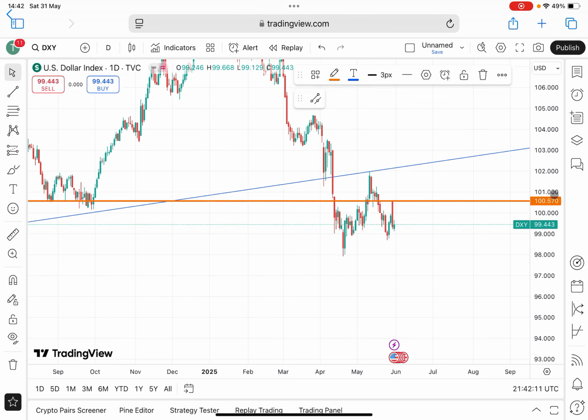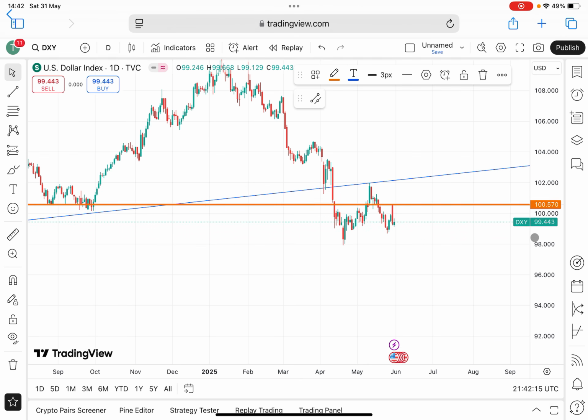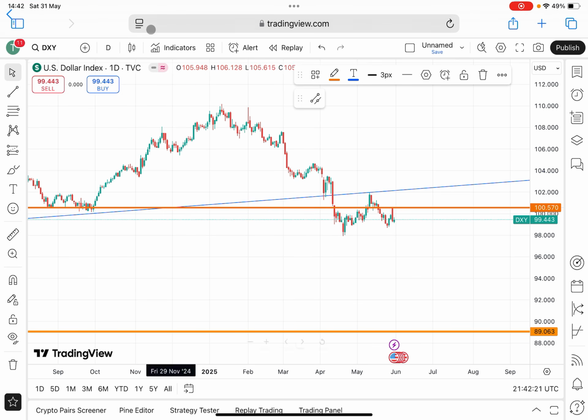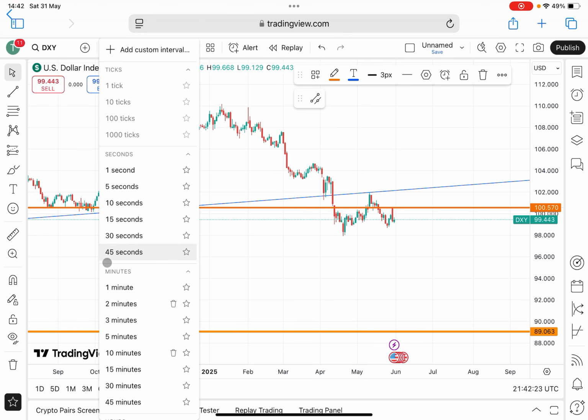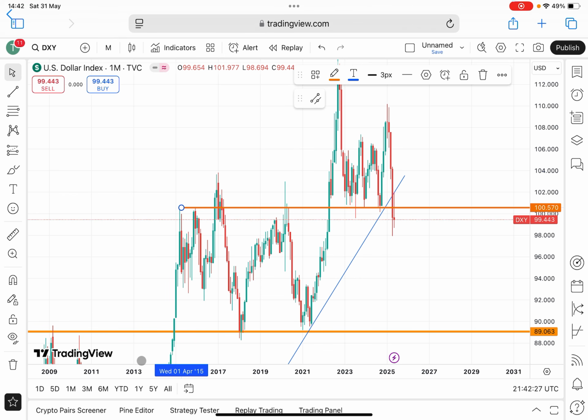So if I'm selling this, if I'm selling dollar, I usually don't trade dollar anymore. I just use it as a confluence for other pairs. If I'm selling dollar, I will sell it to this support level on monthly. This support level that I drew from monthly right here to this level. But like I said, market is not just going to come straight down here unless there is a heavy selling